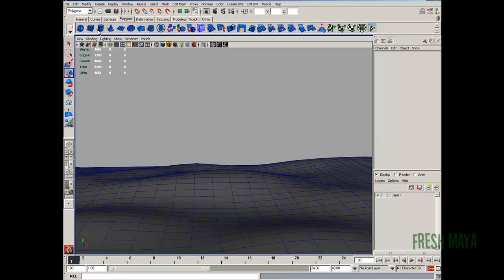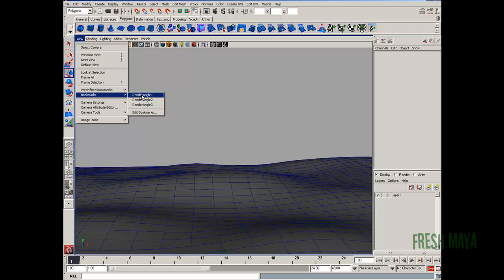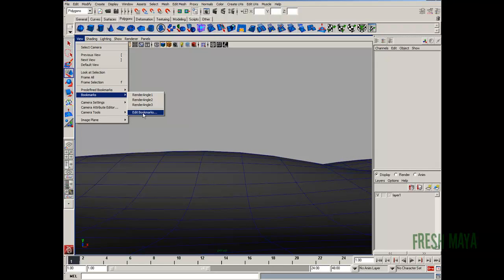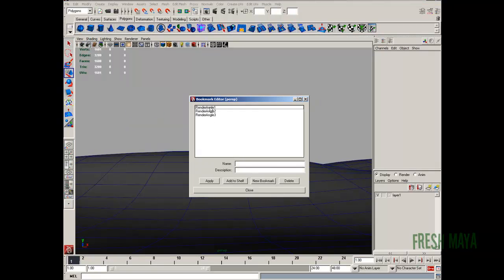Alright, render angle 1, let me just make sure. So what this means is if I go to edit bookmark, I'm just going to delete all these, delete, delete, delete. You can just type in the name, render angle 1,